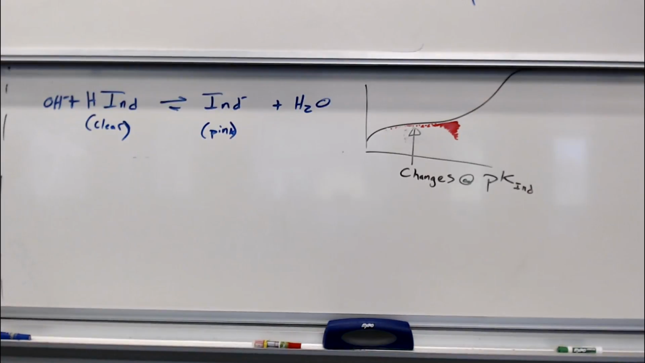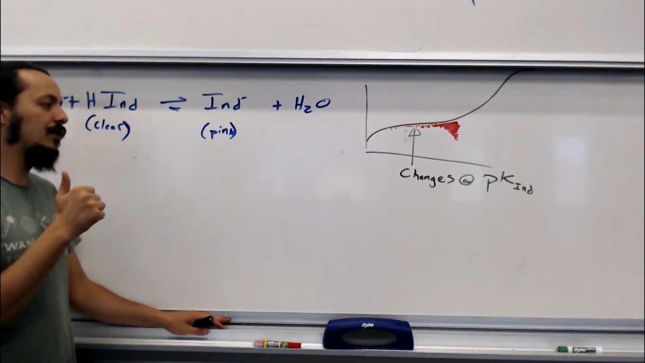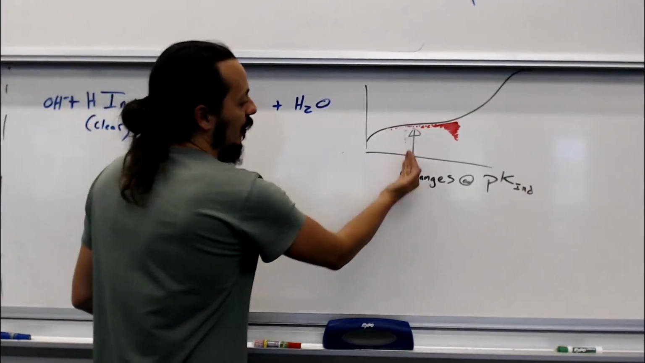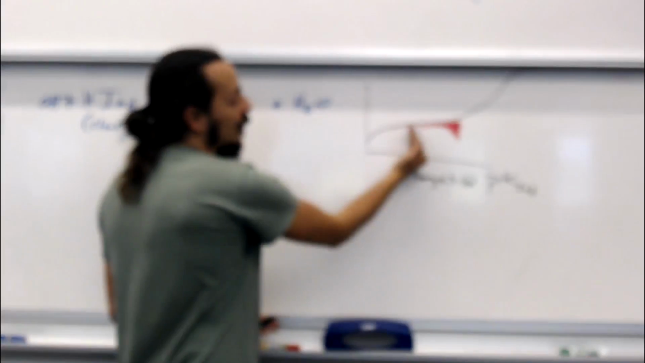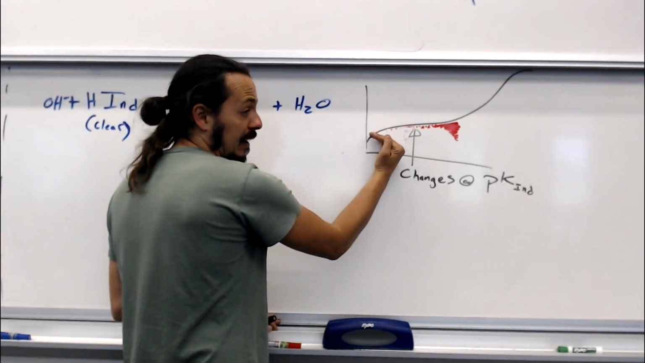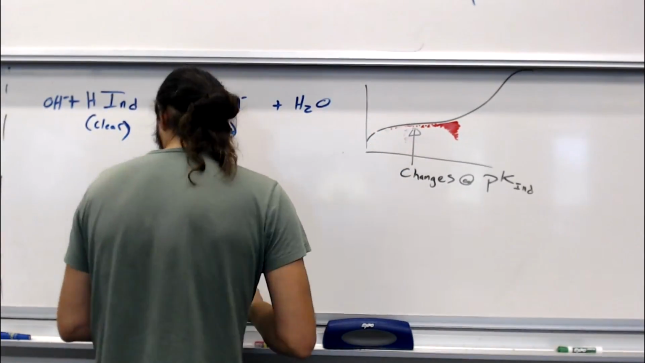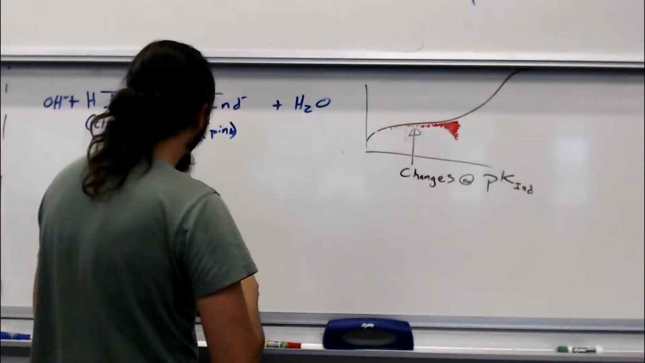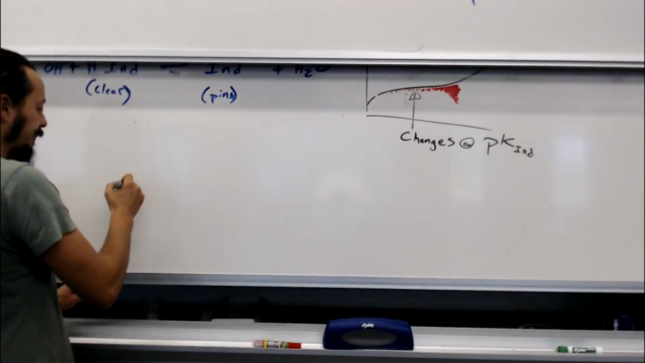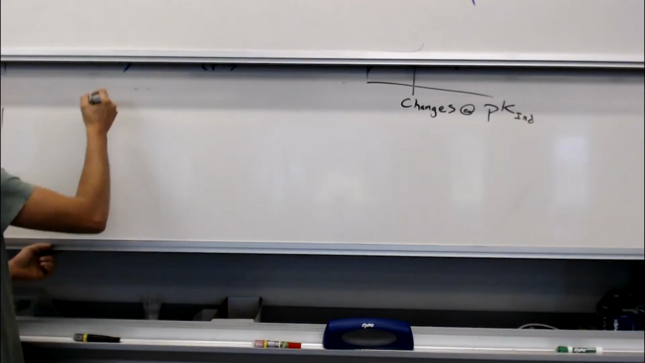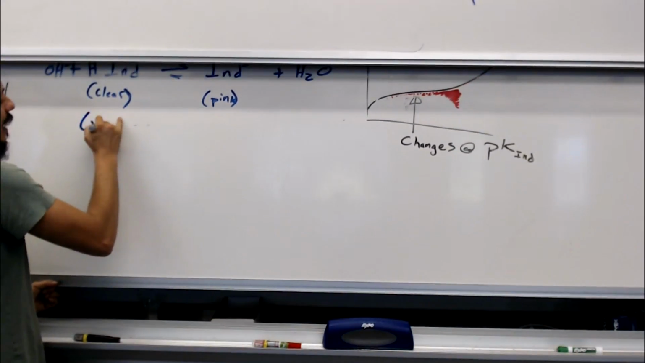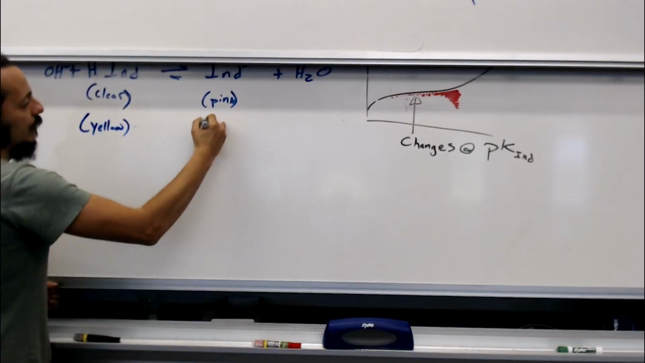So when we look at this, we say, okay, I want my indicator to be at the point of its greatest color change. That's going to be right in the middle. For phthalate, we actually like to go for the faintest pink. We go for this edge. But if we're looking at another indicator, like bromocresol green, which goes from yellow to blue,